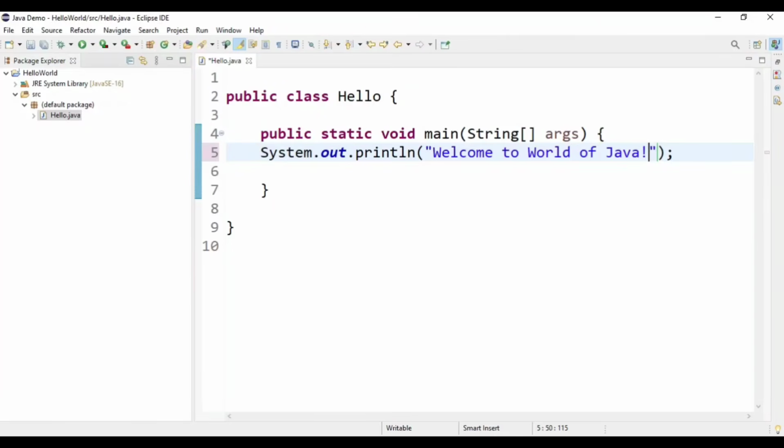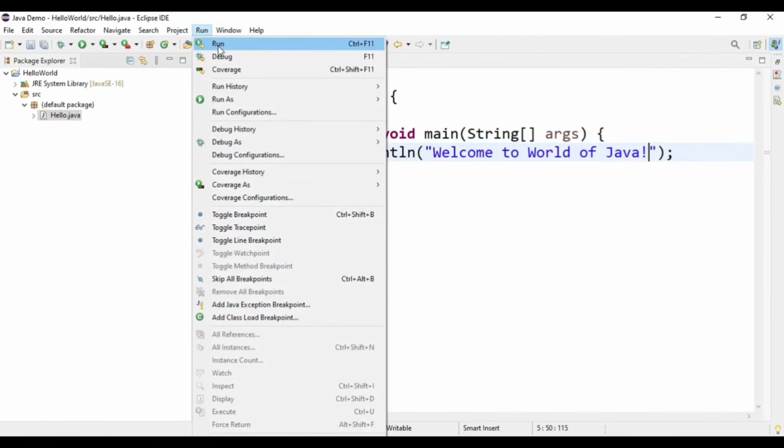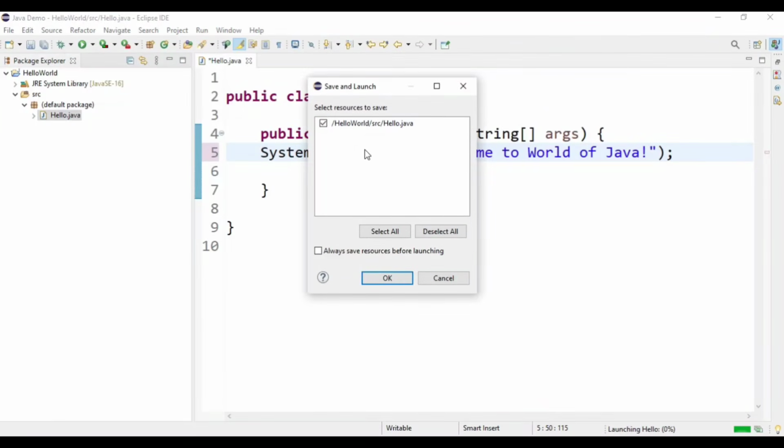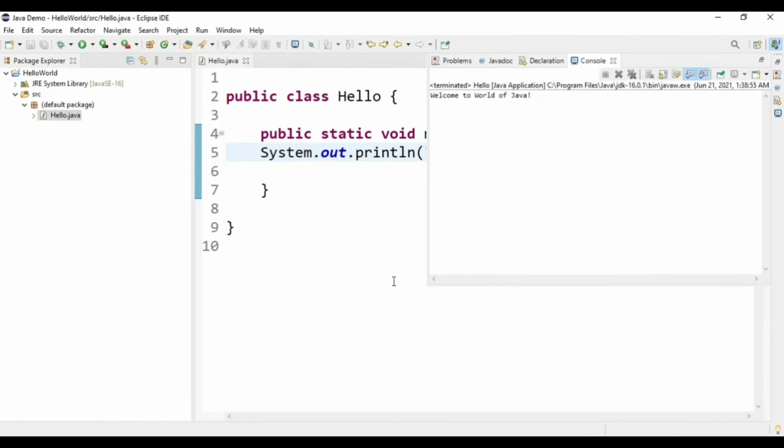Now let's compile and run this program. To run your program, you can click on this option, or you can click here also, or you can press Ctrl F11. I'm just clicking on this option. It is showing me Select the resource to save. Yes, save the program, and click on the OK button.